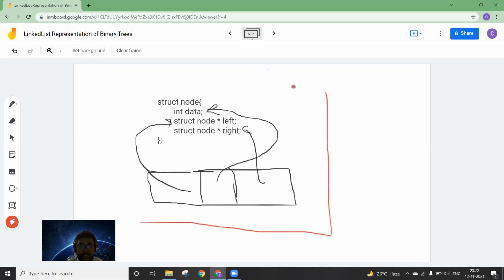So now, we also have done this in the last lecture. The first thing would be to create the struct node, which we discussed in the last lecture. So creating a struct node means inside the structure we have three embedded elements. The first is an integer variable data to store the data of the node. The second one is a struct node pointer called left to store the address of the left child node. And the third is again a struct node pointer right, to store the address of the right child node. Clear? So what will be our next job?